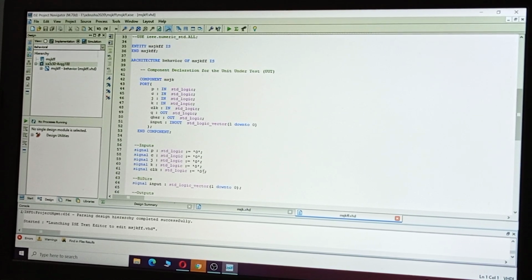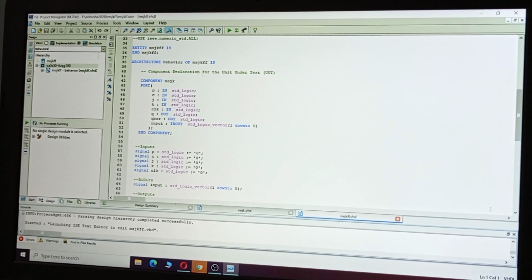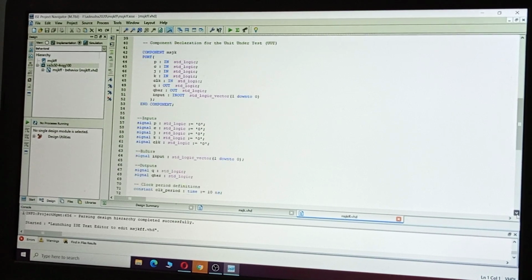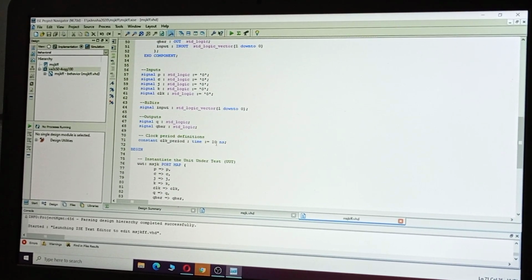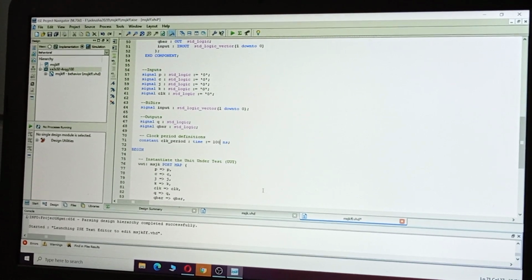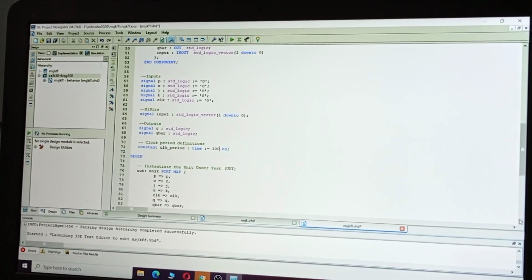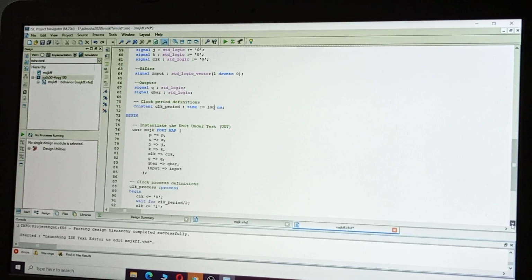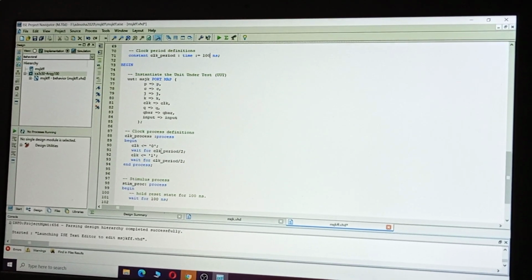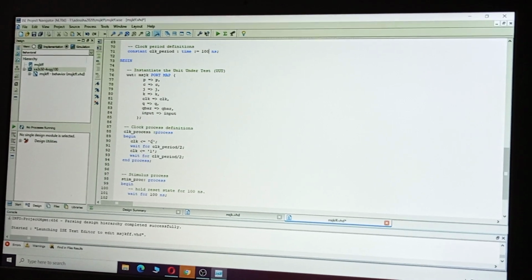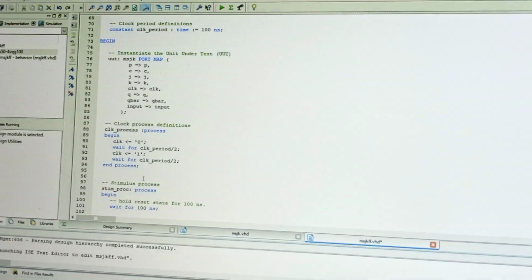Already all the signals are initially assigned as 0. Now take here clock period 100 nanoseconds, change it, and then give the input combinations, that is JK values. If you want first positive clock and then negative clock, just change clock first.